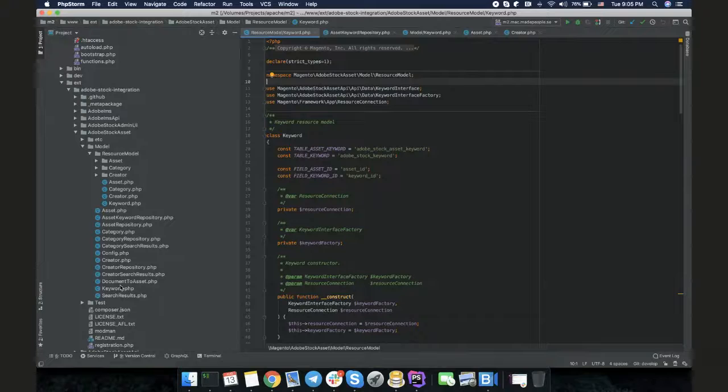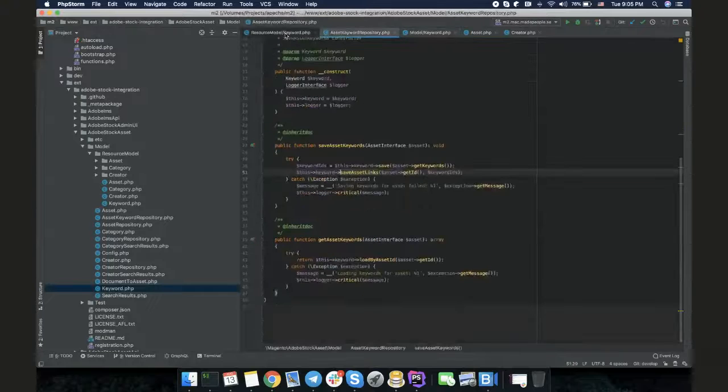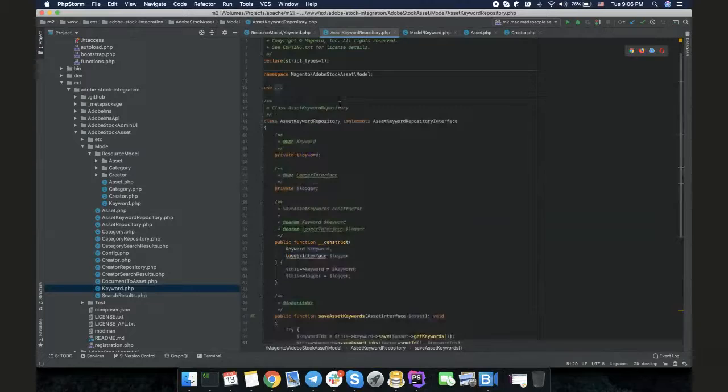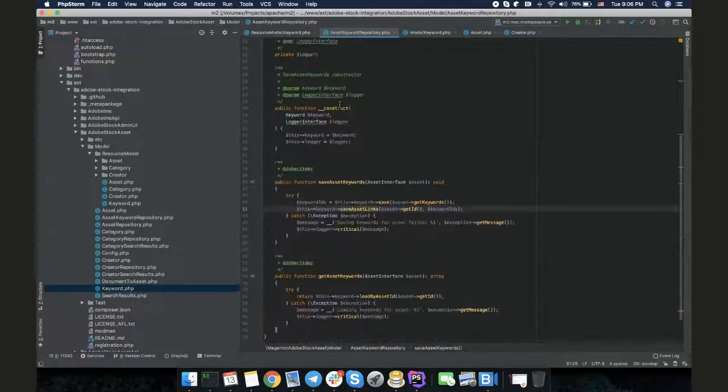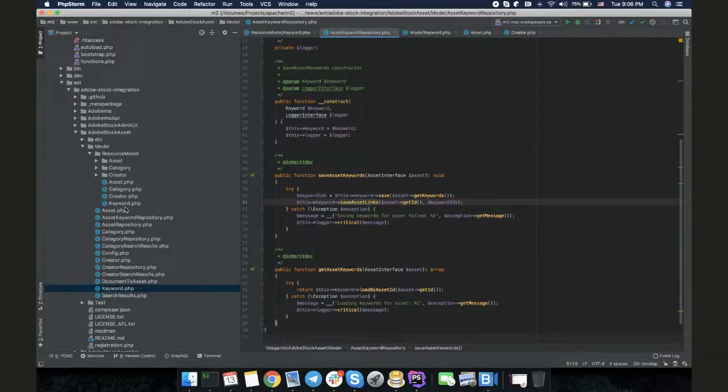We have a keyword model, which is pretty simple, and also we have an asset keywords repository, which consists of two methods: save asset keywords and get asset keywords. So for a particular asset, we save and get keywords on the save action. And here the